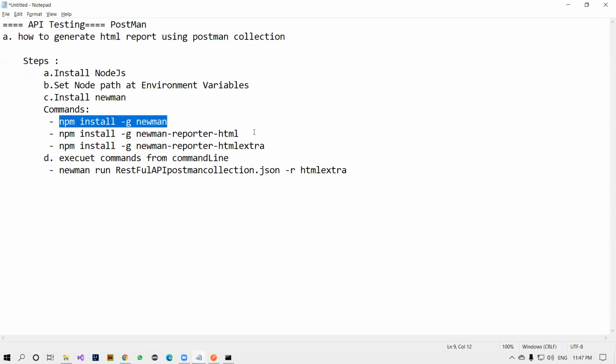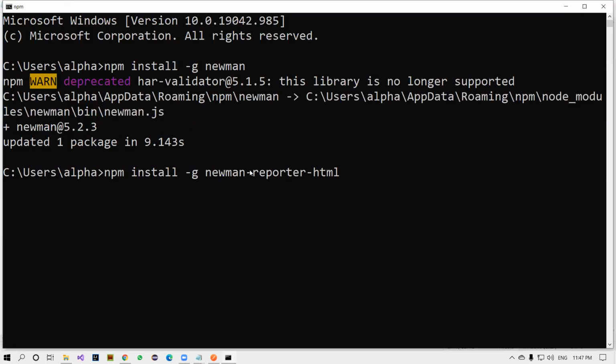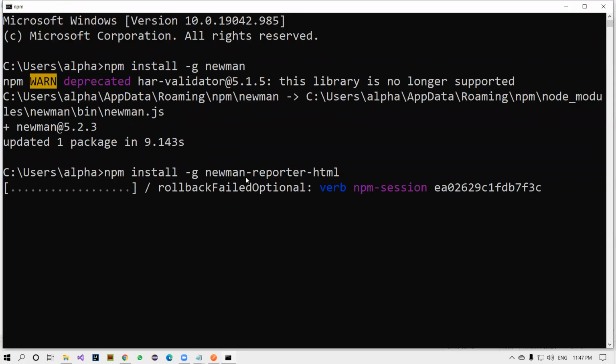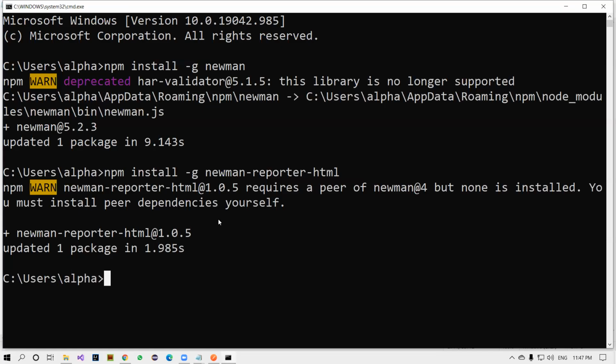Then the second command. Meanwhile, I can take the third command as well. Copy this one. Third command.